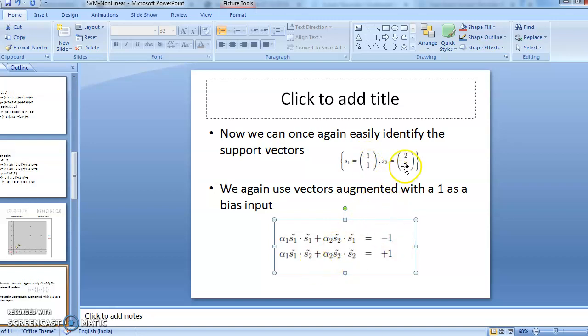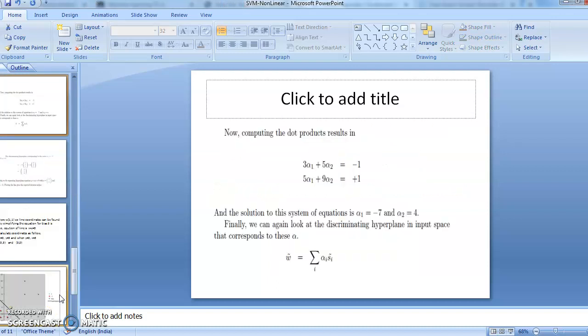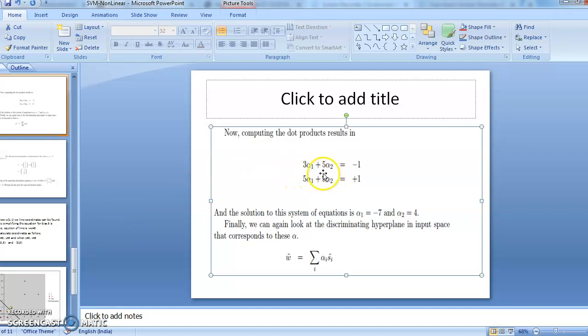And the second support vector belongs to the positive class, and it is the second equation, so we will multiply by the support vector S2. So alpha 1 into S1 into S2 plus alpha 2 into S2 into S2. So that will equate to 1. Now put the values of the support vectors which we have computed, and after computation we will get the final equations: 3 alpha 1 plus 5 alpha 2 equal to minus 1, 5 alpha 1 plus 9 alpha 2 equal to plus 1. Now you can put these equations in the calculator, and you will find the values. Alpha 1 value is minus 7, alpha 2 value is 4.